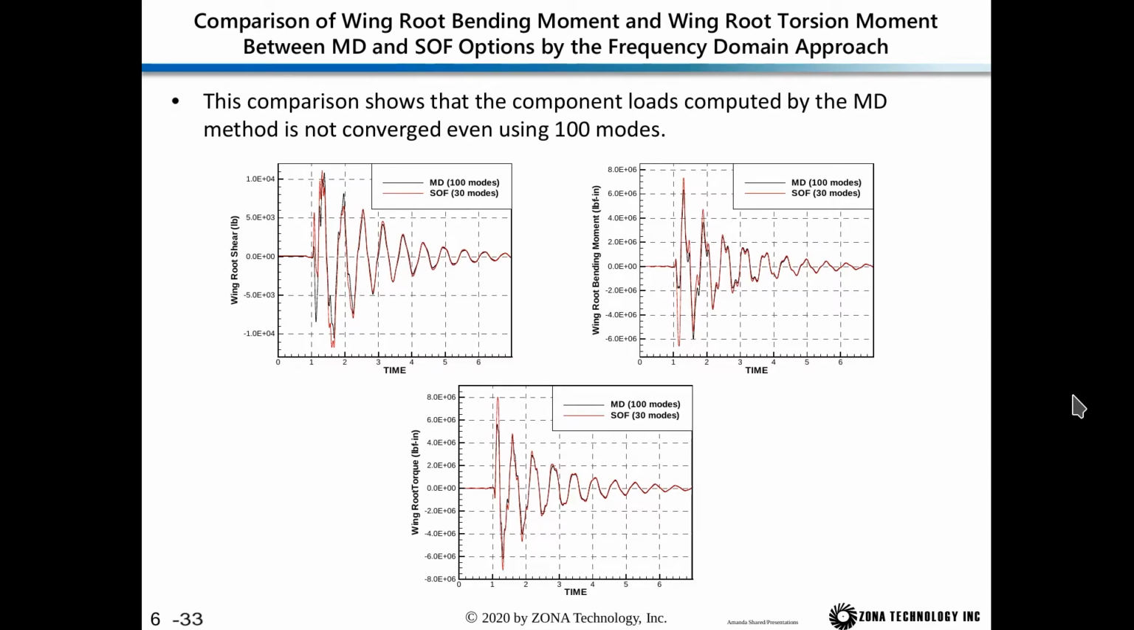So now we'll compare the wing root bending, wing root torsion, and wing root shear, and compare the mode displacement and the SOF. We have the mode displacement using 100 modes and the SOF using 30 modes, and you can see that at the initial kick, the answers do not agree with one another. But then as time goes on and the high frequency excitation dies out,